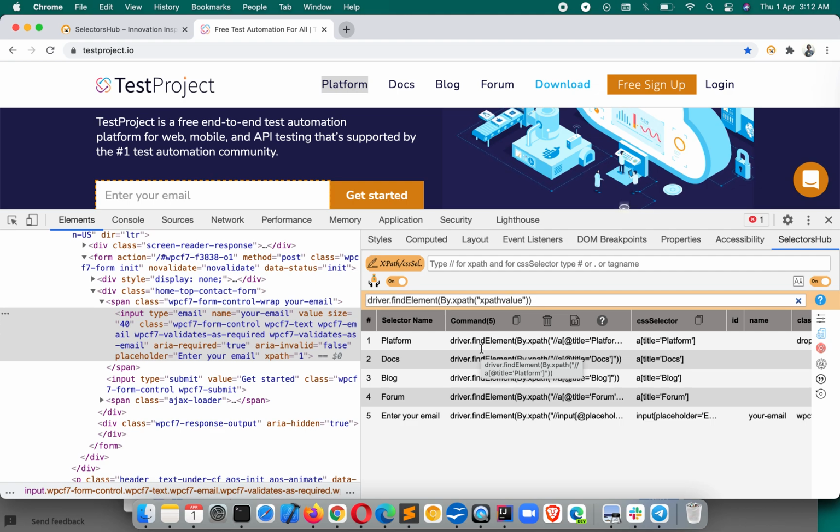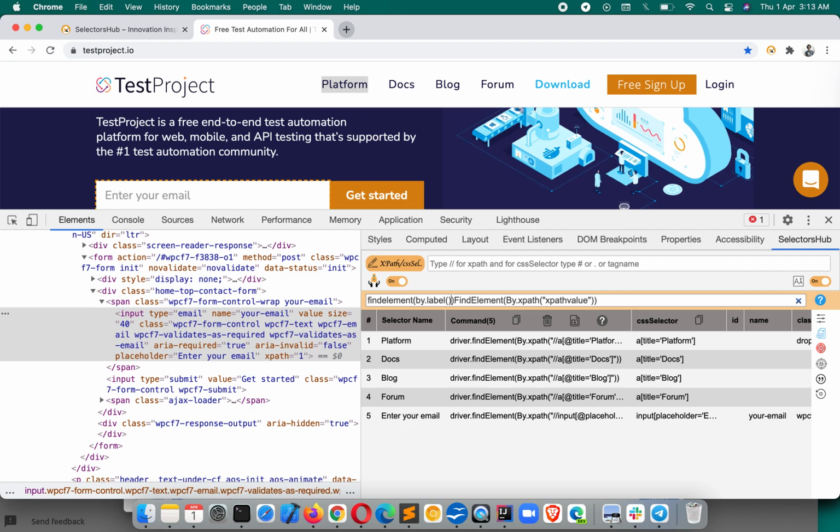So suppose our command is something like this: find element by dot XPath and the XPath value, and before that you have the find label as well, find element, and there is something like by label or by selector name, what is the name of that selector.